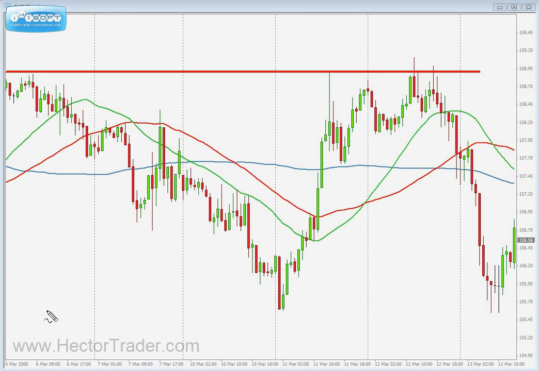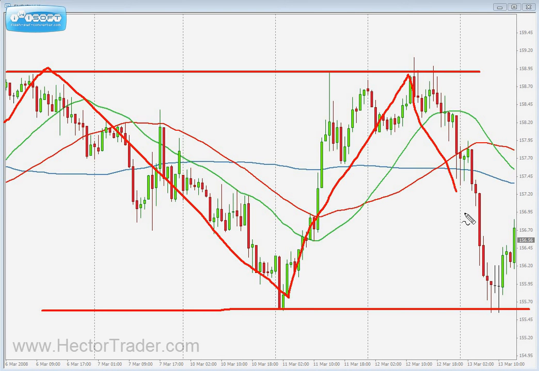In fact, if I draw 2 horizontal lines, we can see how price has been bouncing up and down without any clear market direction, and therefore any type of trading decision you may take on this type of chart